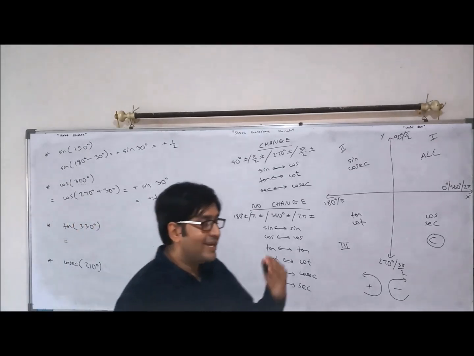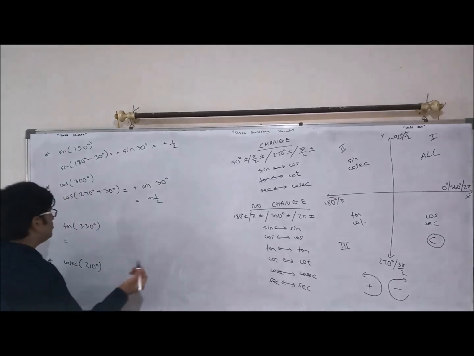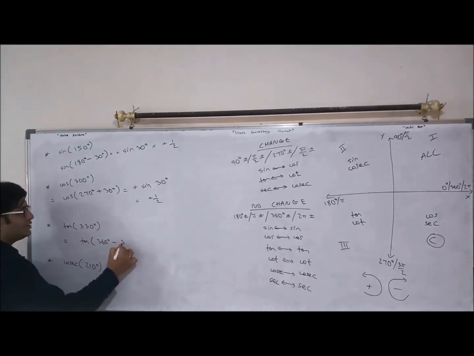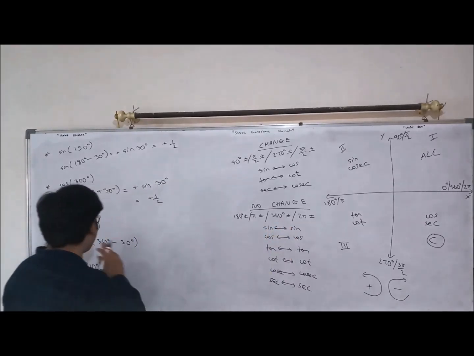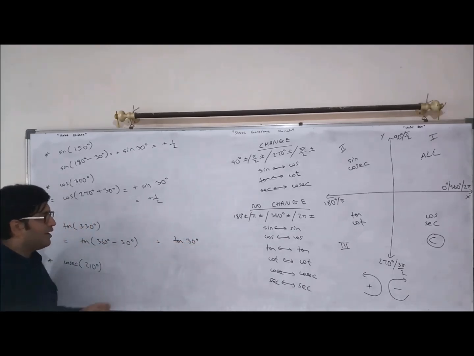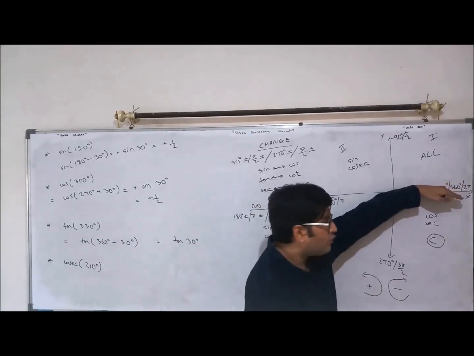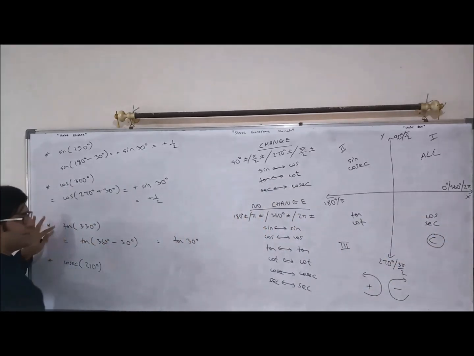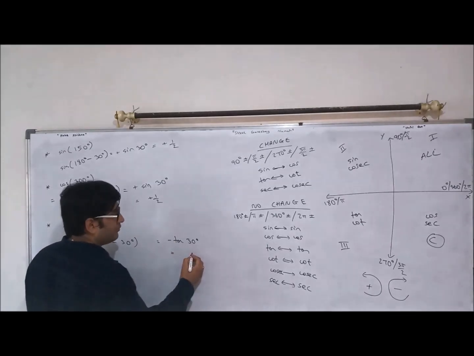What if you want to calculate tan 330? Now 330 is closer to 270 as well as closer to 360. So let's use 360 this time. So I can express this as tan(360 degrees minus 30 degrees). At 360, change or no change? No change. So your tan function remains tan. So I am going to write down tan 30 degrees. Now 360 minus means you are here, minus means you will move clockwise and you will enter the fourth quadrant. There the tan function is negative. That is why I am going to write down minus tan 30